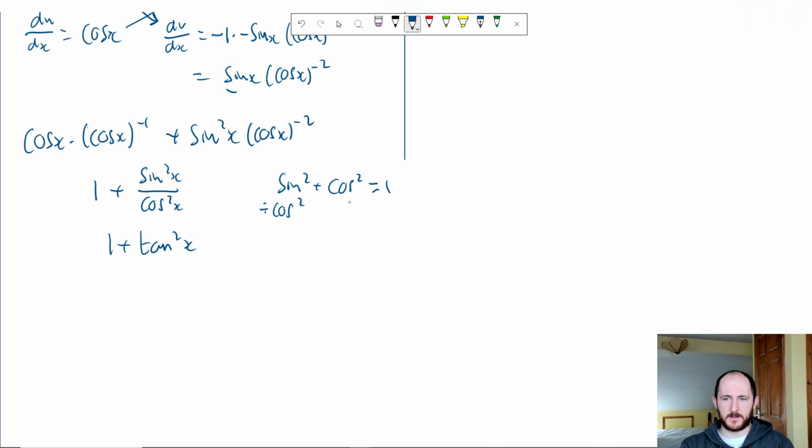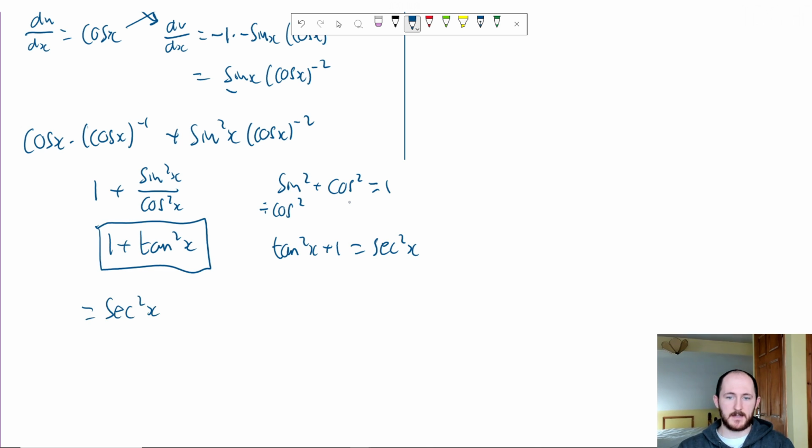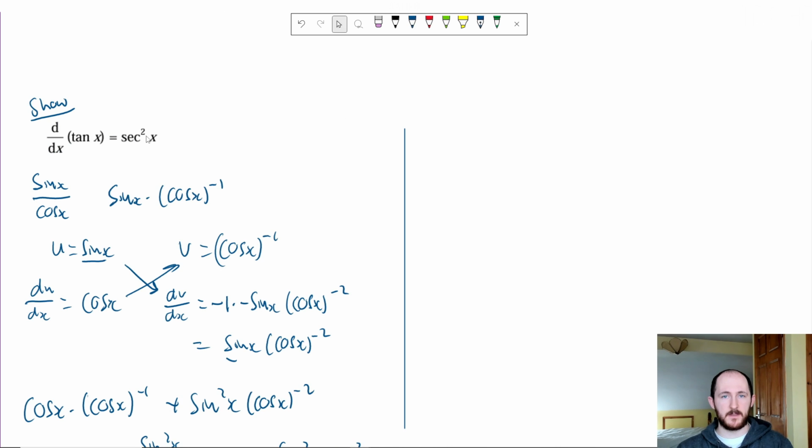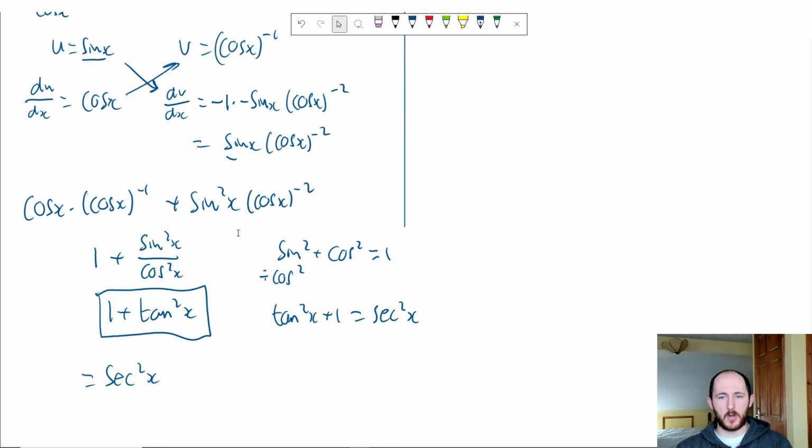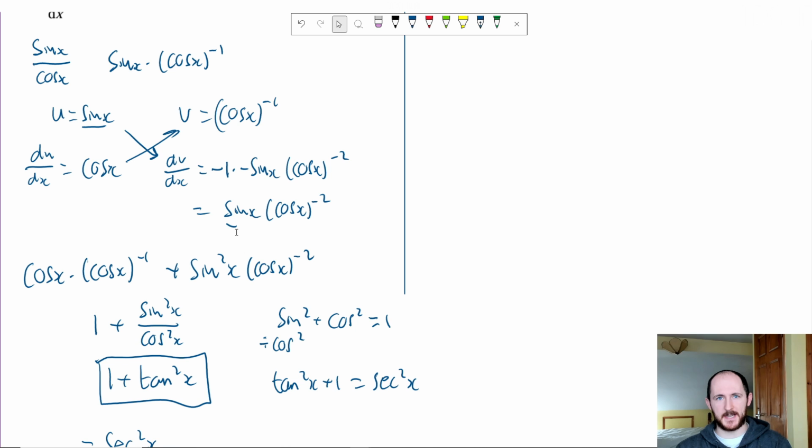I'm just being completely honest with you. So that makes it tan squared x plus 1 equals 1 over cos squared, which is sec squared x. So this thing here is equal to sec squared x, which is what we were supposed to show in the first place. Now, when we do it using the quotient rule, you're going to notice something a bit interesting,